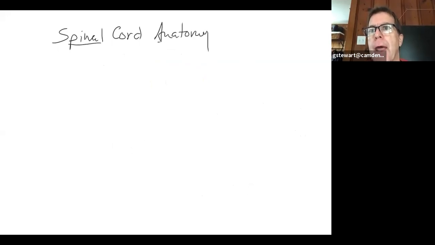Spinal cord anatomy. I'm just going to list a lot of terms and then draw a picture of how this cross-section of the spinal cord looks before we leave today. So some fun facts about the spinal cord. It emanates inferior to the brainstem. So after the medulla oblongata, the spinal cord begins, if we're going from superior to inferior direction, and it extends down to about